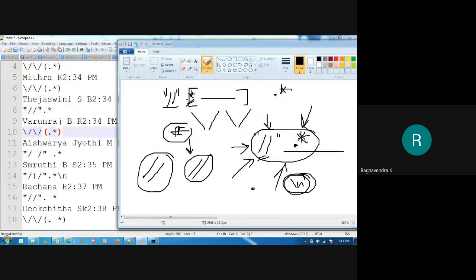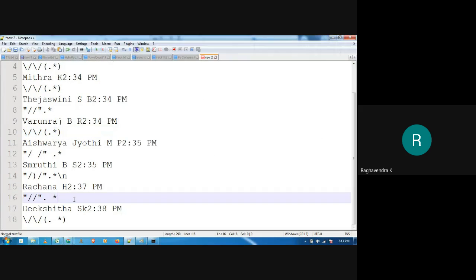In general, we will write that a single line comment can contain anything except slash n. Rachana has written it correct. Dikshita, once again you have put the escape character. Escaping is not at all required. So for a single line comment, that is fine.